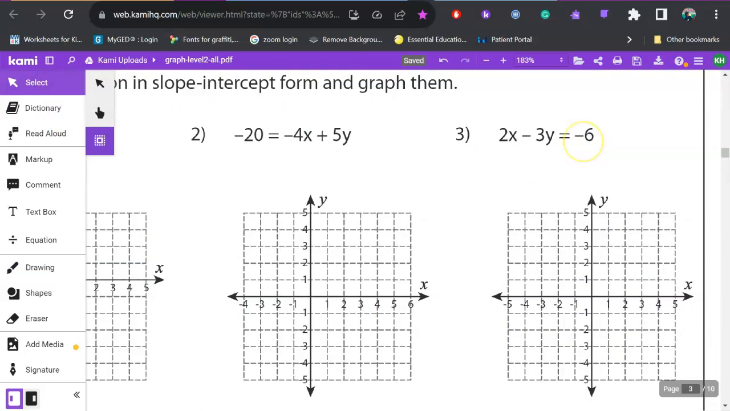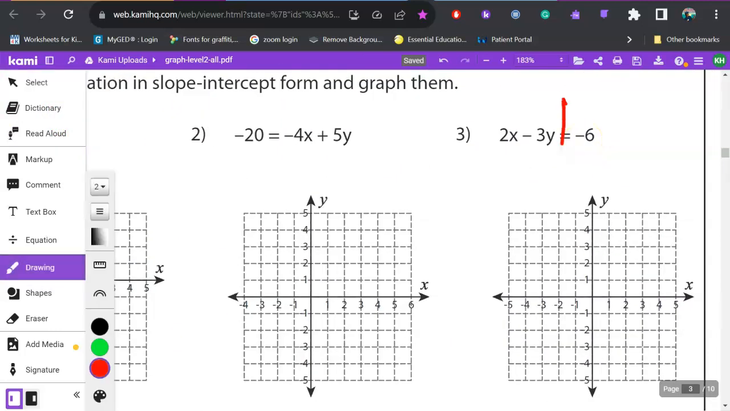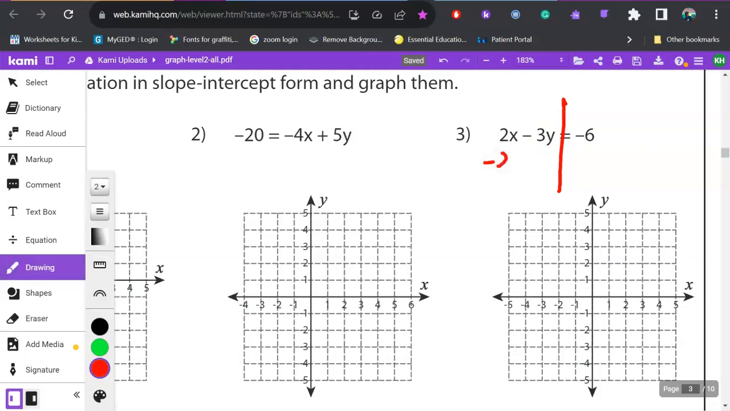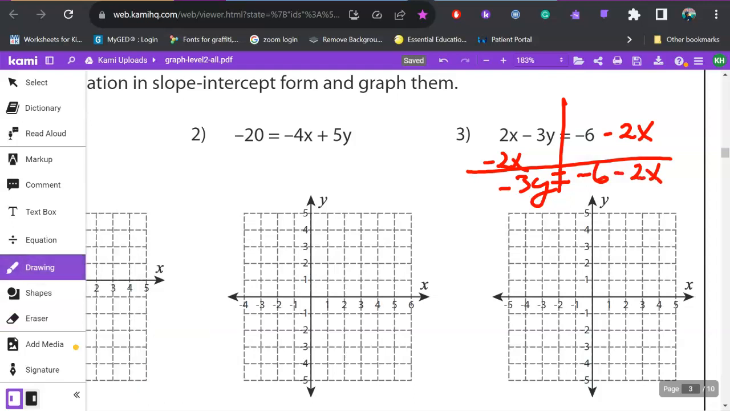All right, number 3, here we go. Okay, I can see I have my y's right here. I'm going to get rid of the 2x first by subtracting 2x from both sides. When I do that, that leaves me with -3y equals -6 minus 2x. Okay, you know your next step is to divide by